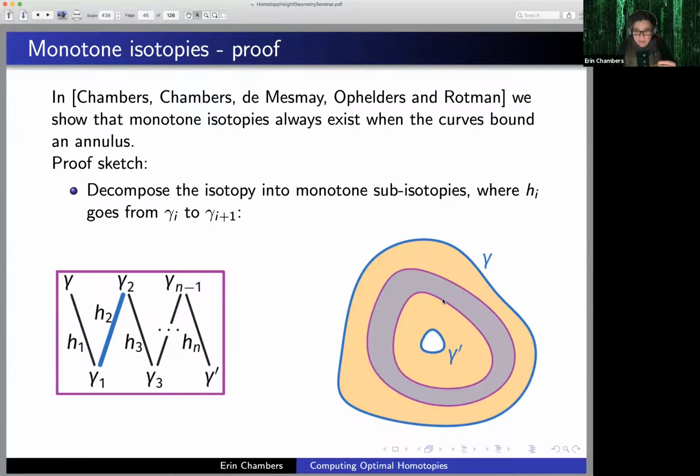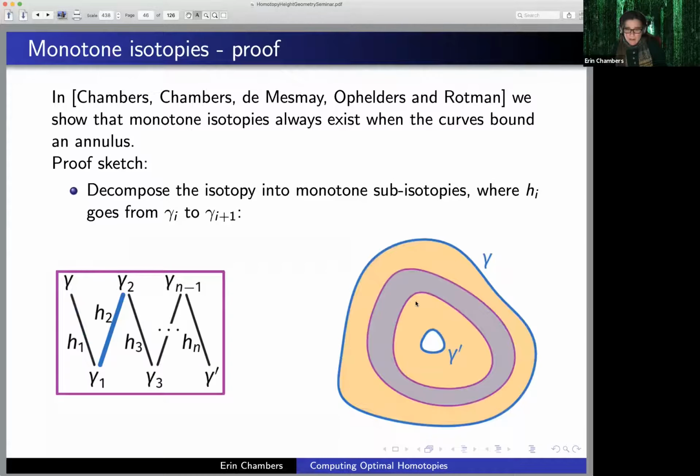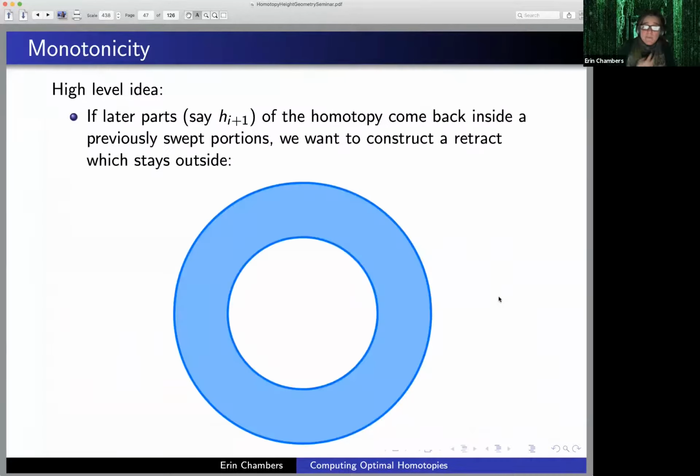So then here's my next piece. This was the first one, the shaded light purple over here. And here I've gone from this one, gamma 1, out to gamma 2. Now, of course, these might overlap each other. This is the point: these could cross and get messier. I'm showing you a very, very simple in and out. So here's the high level sketch, and I'll refer you to the 10 pages of details in the paper,